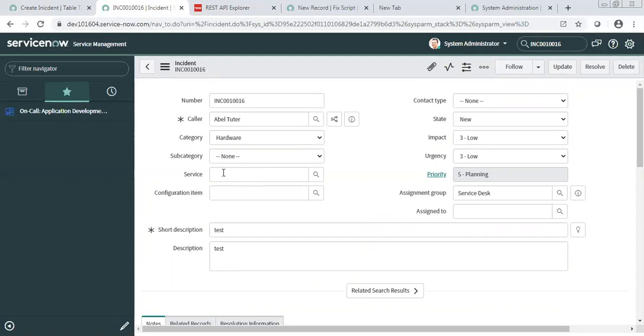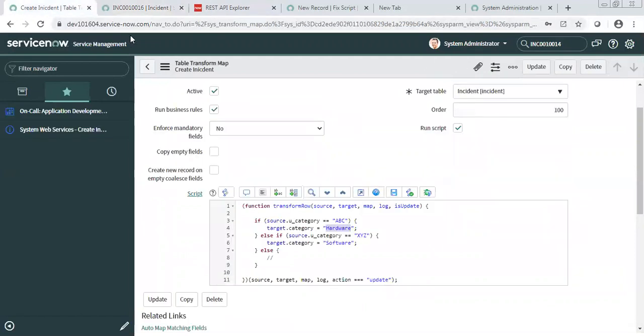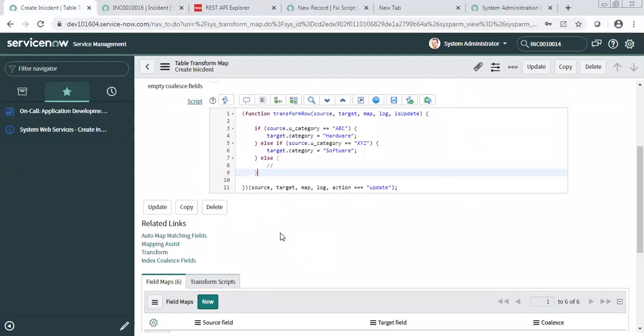In those cases, we cannot use direct web services. We have to find a place where we can read that data, make some decisions, and then set data. That is why we started using import set services, because you get a transform map where you can put validations on the data and set required data.